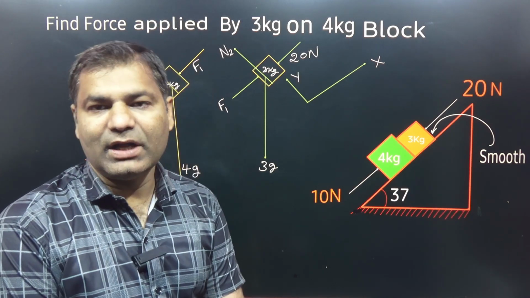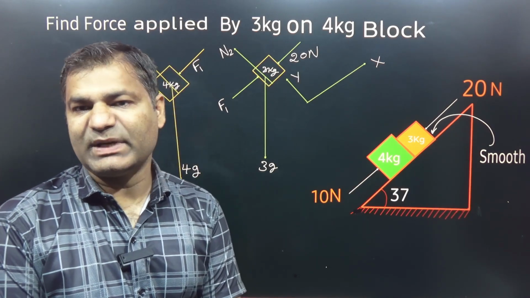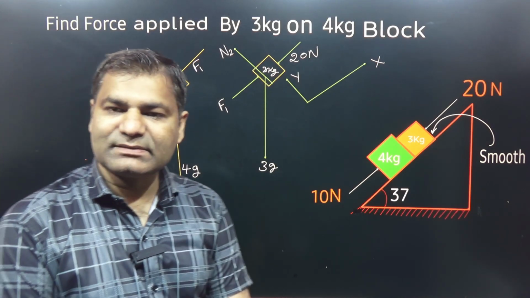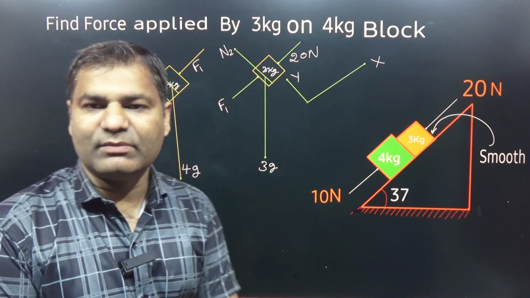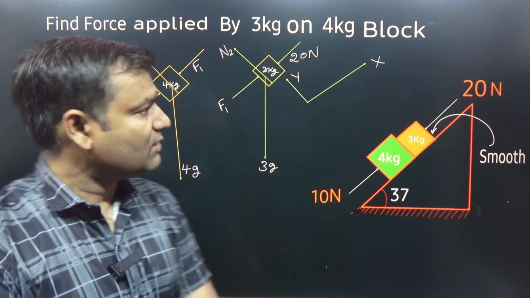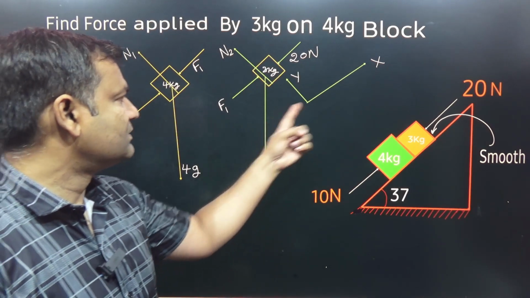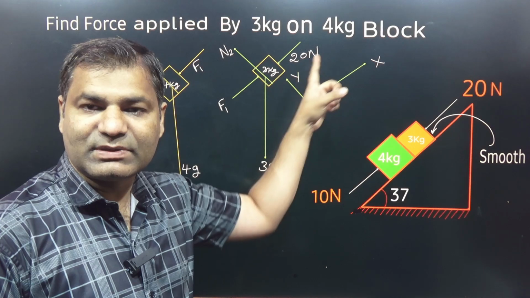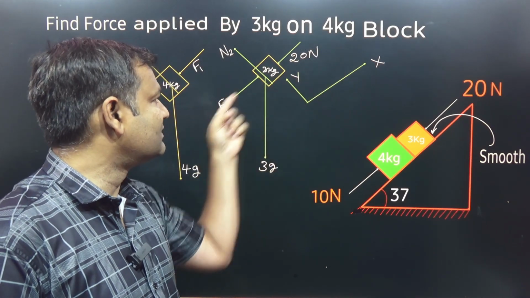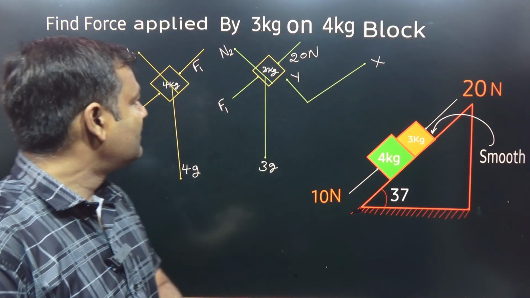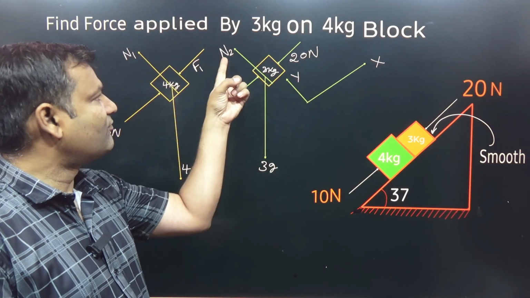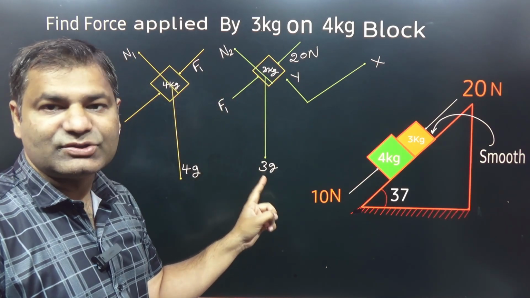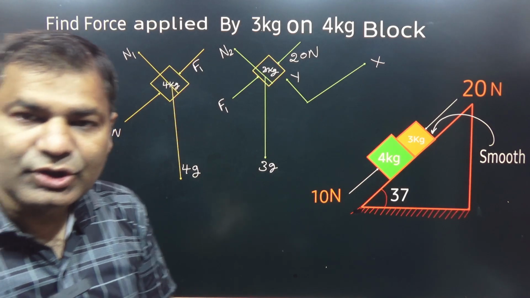Clear? Y, all forces resolving corresponding to capital X axis and Y axis. If you resolve along small x and y axis, that is also fine, but a very complicated way. Otherwise, if you see corresponding capital X, these two are already along capital X axis, this one in the opposite direction, this one in the positive direction. Clear? But in Y direction, here N2 represents that one, but 3 mg is not in the X and Y direction. So first of all